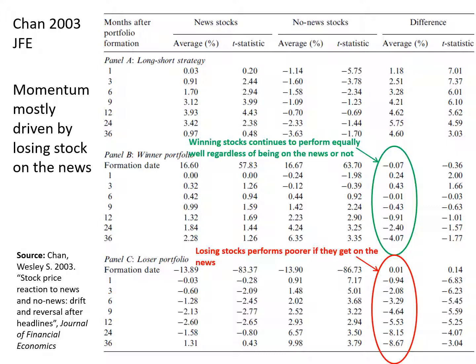So what this shows you is that the losers are really losing. This is not the only case that you'll see something like that, because this paper is in the middle of two topics that we can talk about. One is momentum, because they're looking at the momentum here. But they're also looking at the effect of news, which we talk about again when we reach